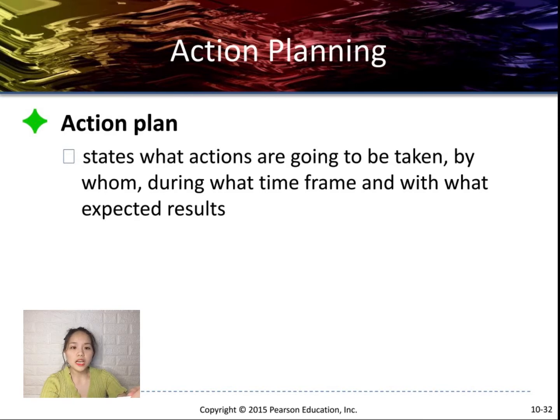So meaning an action plan is a document that lays out the steps that must be taken to accomplish a particular target, and aims to explain what resources are needed to achieve the goal and create a schedule for when specific tasks must be accomplished, or the start date and the end date.